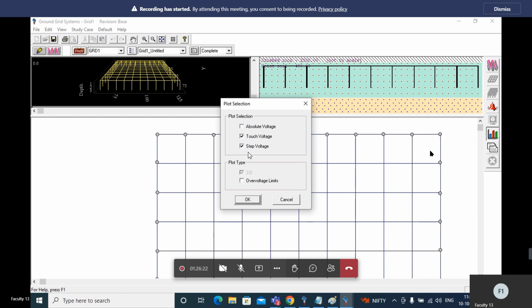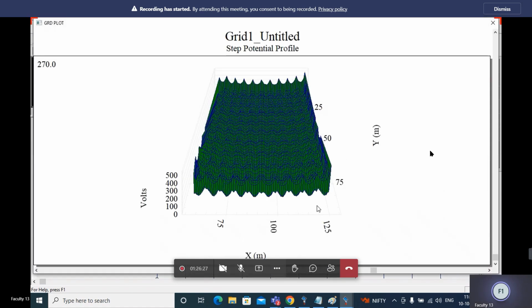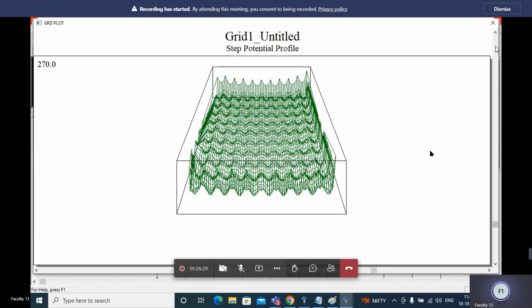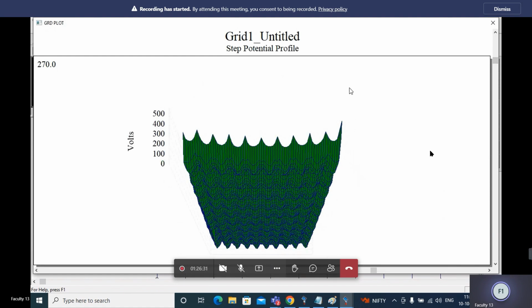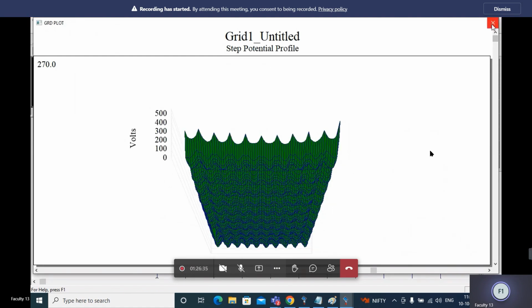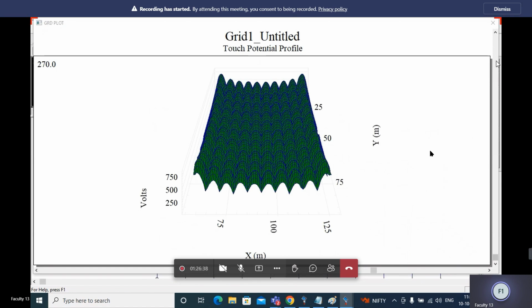So here I will mention first step and touch potential. Can you see here? All of it comes within the range, right? So step potential shows only green color. Okay, touch potential also.